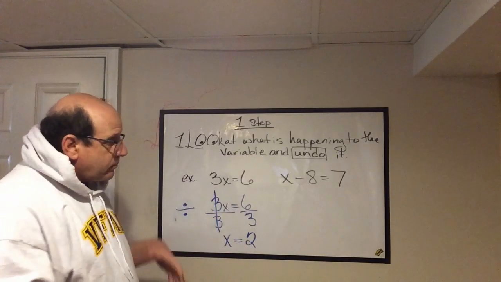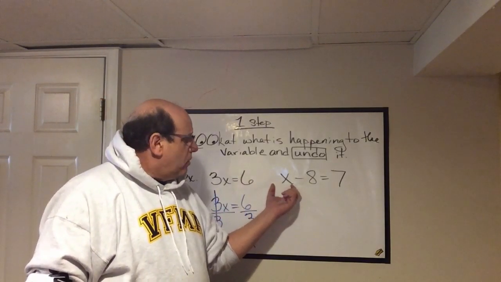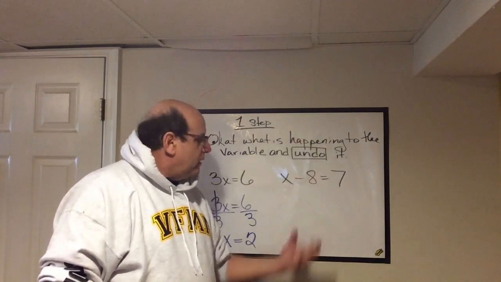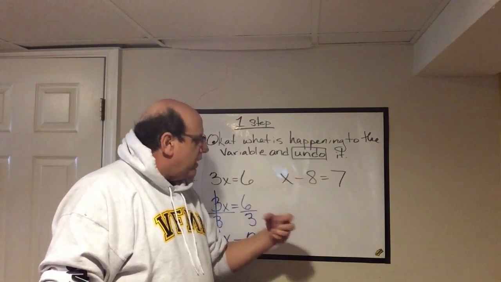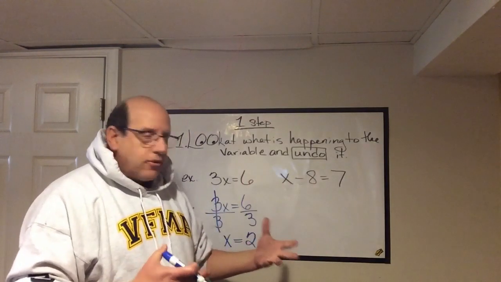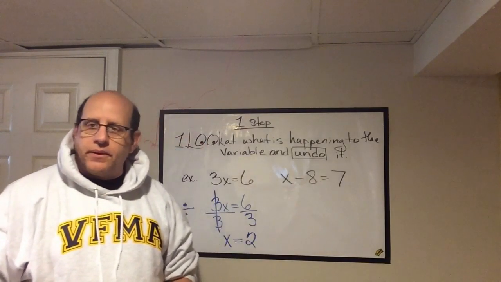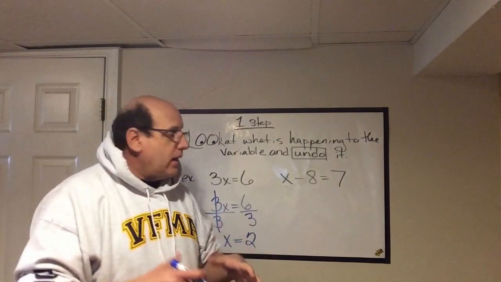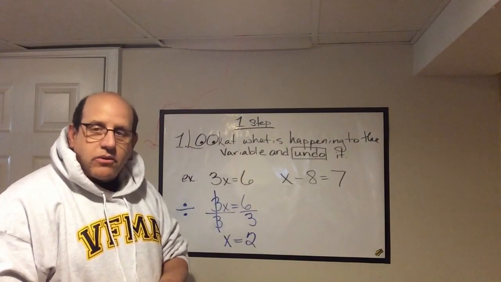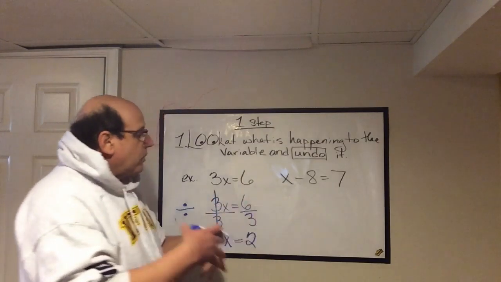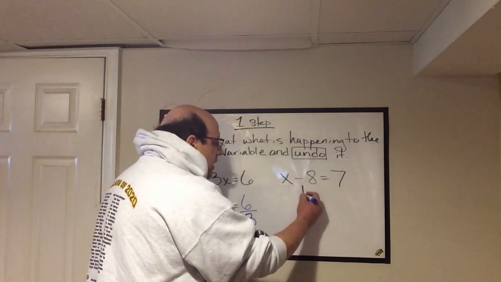The second one is just as simple. I say, hey, what's happening to x right here? What's being tagged on the back of it? Is there anything being added or subtracted to it? Are we multiplying it or dividing it by a certain number? And for our purposes, the only thing that's happening right now is we're subtracting 8 from it. All right, well, how do I undo that subtraction? And we just undo that subtraction with its opposite. So we're going to add 8, so minus 8 plus 8, and they're going to cancel each other out here,